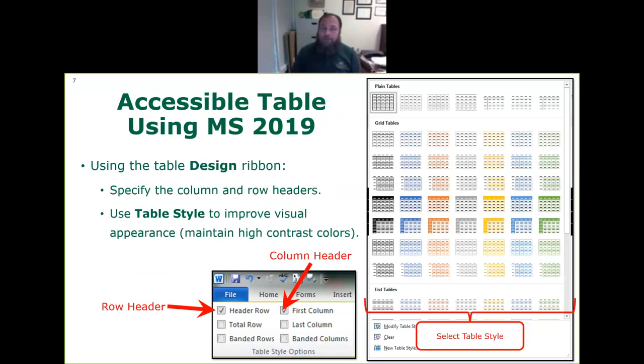So let's start with an accessible table using Microsoft 2019. When you open a new file, and we will show you some after the presentation part, you start creating a table, and that will create two ribbons, design and another one I forgot, but the design is the most important one. From the design, you will specify the header row and header column, and we have a screenshot just at the bottom. And it will also allow you to specify the colors. Of course, these colors are prepared by Microsoft, just to make it easy for you.